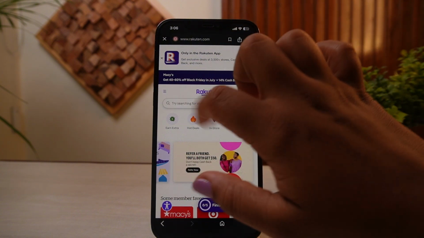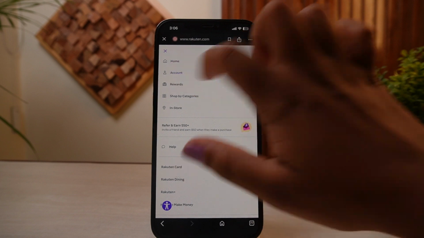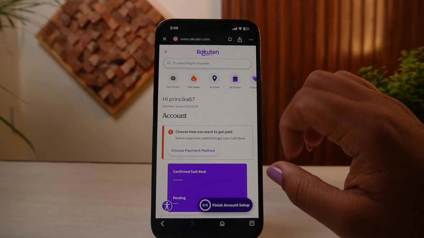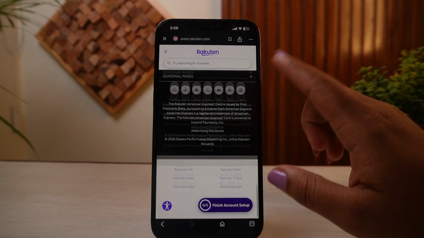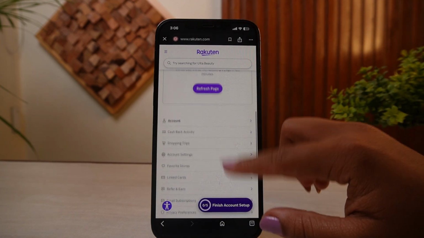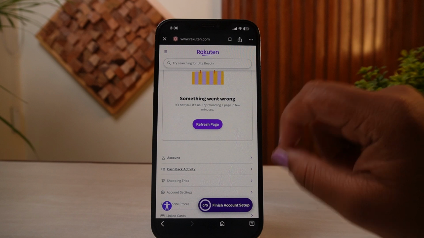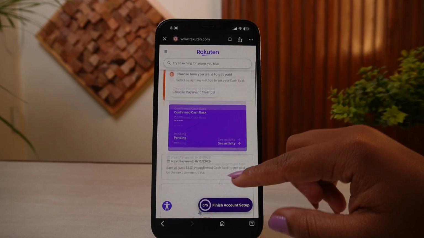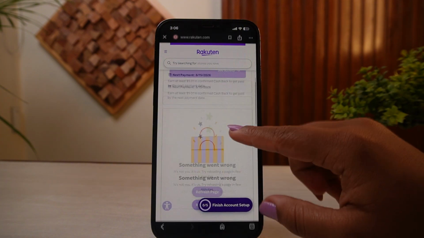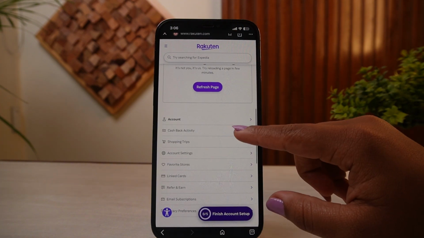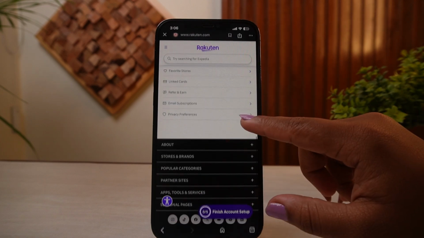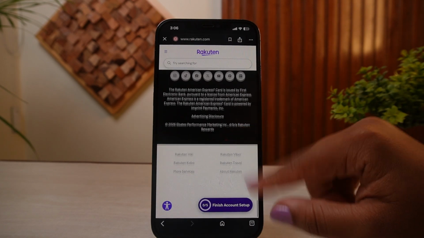Again, you'll need to tap on the menu bar here and then tap on account now. So after tapping on account here, you'll actually be able to scroll all the way down, and then you'll be able to see the option of delete account or submit request to customer service. So in here, like I said, if you scroll down here, you'll actually be able to see account. Tap on that one. Here you might actually find the option of delete account,